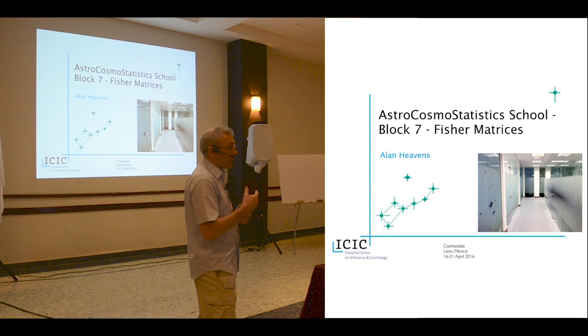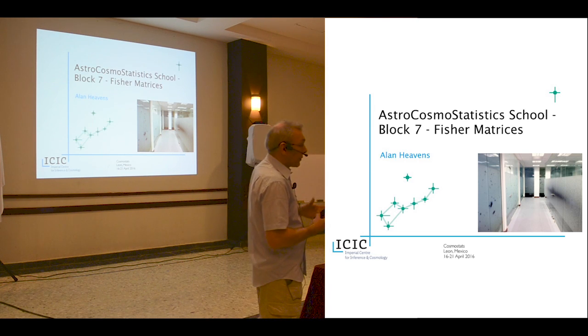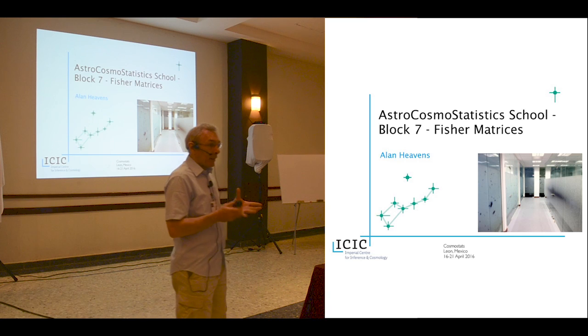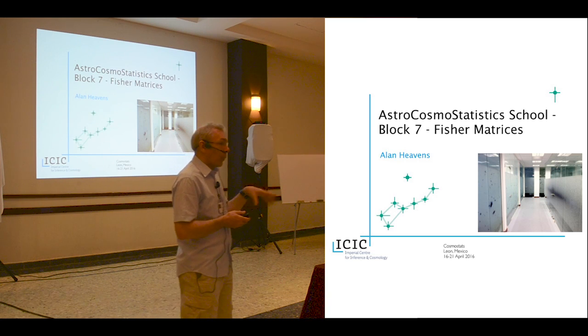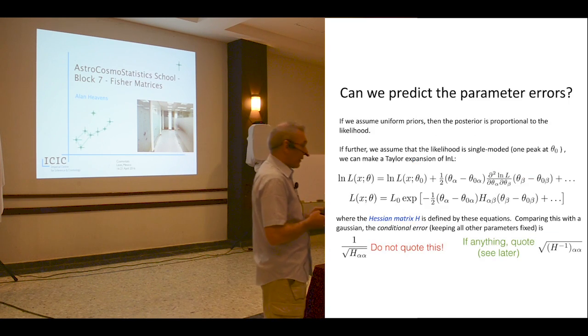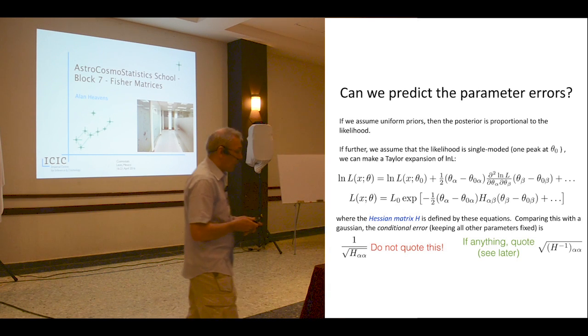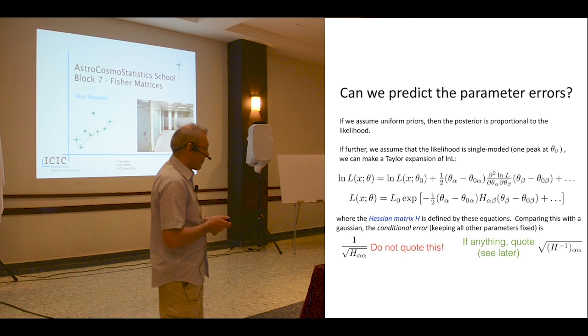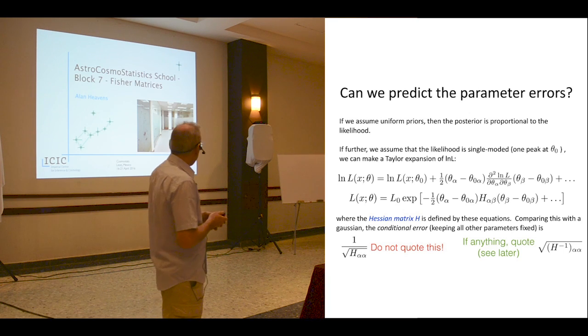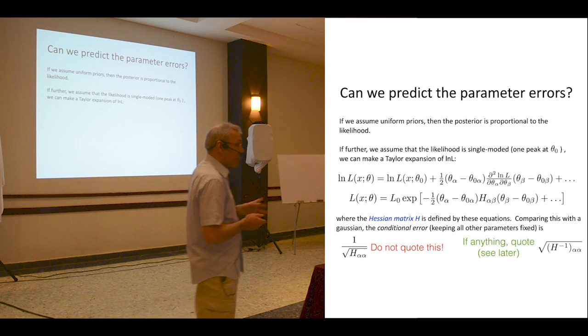And actually the Fisher matrix is quite a good way to give you a good proposal distribution because it has roughly the same shape as the target distribution that you're trying to sample from in MCMC. So you can generally very quickly and very easily work out what the expected shape of the likelihood surface is, and then you can use that as a proposal distribution for MCMC. It can be quite efficient. So let's just have a look at